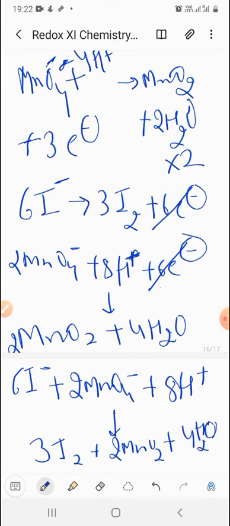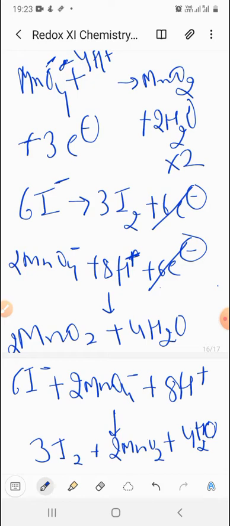If you look at the number of iodine atoms, manganese atoms, or the oxygen atoms, everything is balanced. See, there are 6 iodine atoms on the left hand side and the right hand side, 2 manganese atoms on the right hand side and the left hand side, and if you count the number of oxygens, 8 on the left hand side and 8 on the right hand side. Similarly, your hydrogens are balanced, 8H positive on the left hand side and 8 hydrogens on the right hand side. Again the charge is balanced. 6 negative and 2 negative will be 8 negative, and plus 8 positive charges, it will be 0. So here the reaction is balanced.